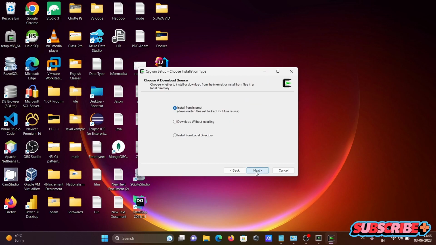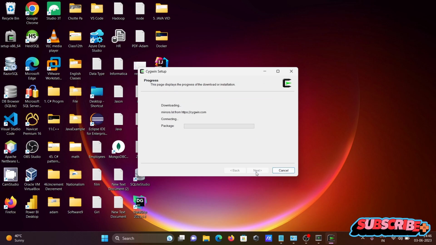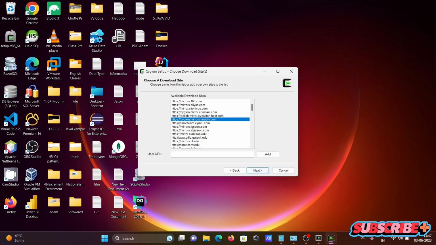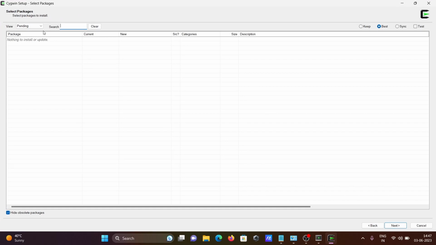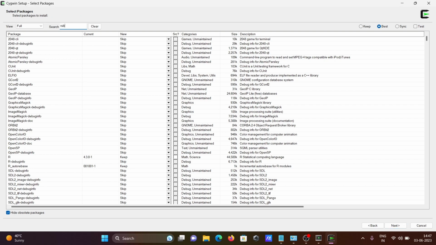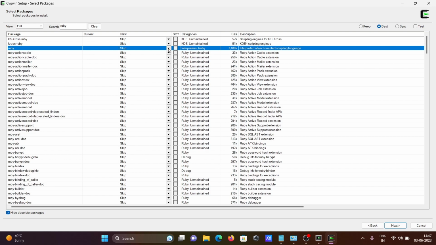Then click on next, install, next, next, and here you need to select the site, next. And here it is doing some download. Now thereafter you need to click on this full, and in this place search for Ruby. So Ruby search, then after here click, so this is the version available, so I'm going to use here